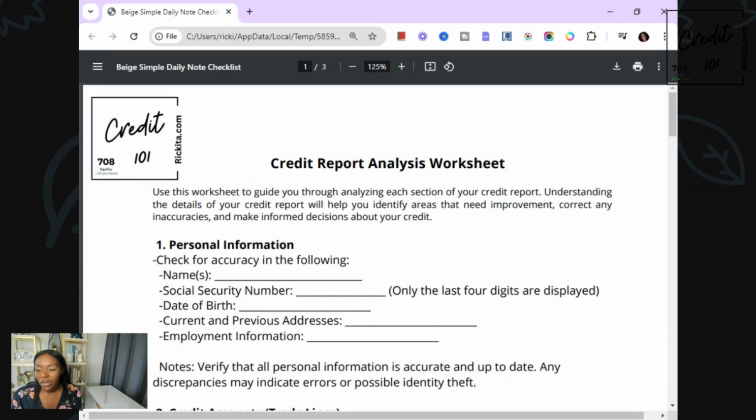Make sure it's the correct date of birth. Sometimes they don't even have your full date of birth. If you were born in November on a certain day, they may just always put the first. Like, they don't actually put a date of birth there for you, or they may only have your year. Make sure they have your full date of birth and it is correct. So your current and previous